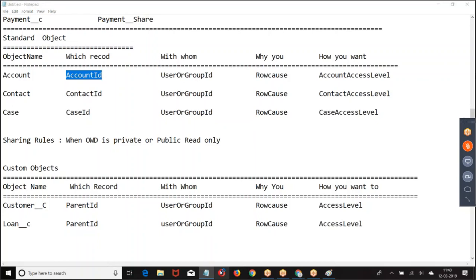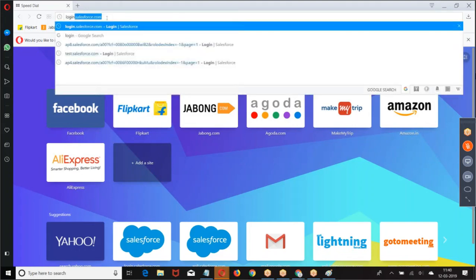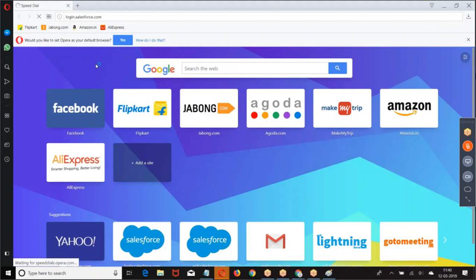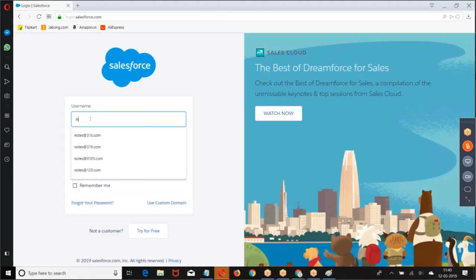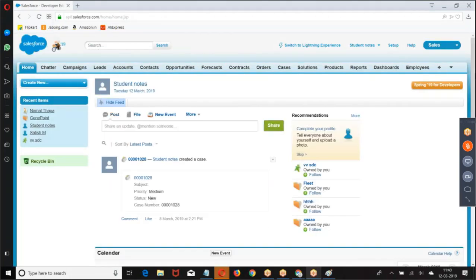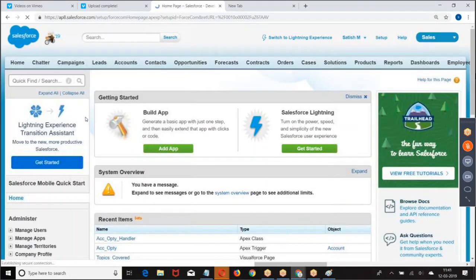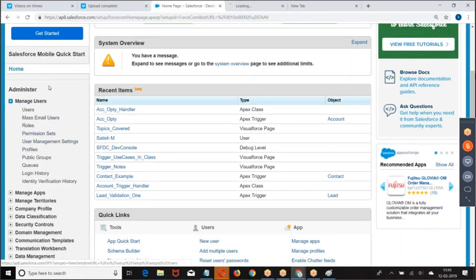First, I'll demonstrate an example. Now, what is the student account? First, I have to go to the profile.